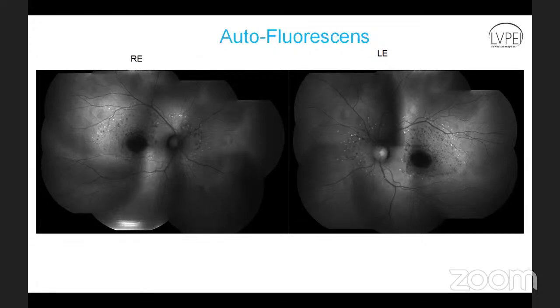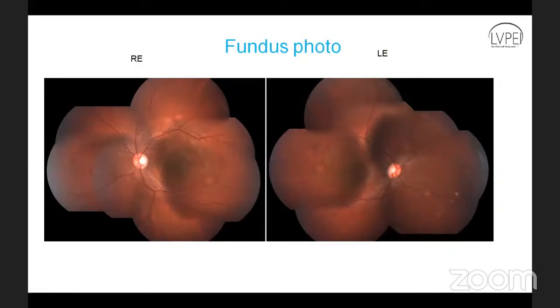In most cases, if you go to the fundus picture, please go to the fundus picture. In this case, it is very difficult to make out flecks. One can hardly make out flecks with the naked eye, but the flecks can be better appreciated in autofluorescence imaging. One characteristic feature of flecks in Stargardt disease is that they grow centrifugally. The flecks start at the disc or the posterior pole and then extend towards the periphery. So the centrifugal pattern of the pisciform flecks is the characteristic feature of Stargardt disease.